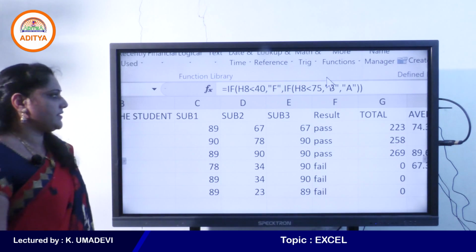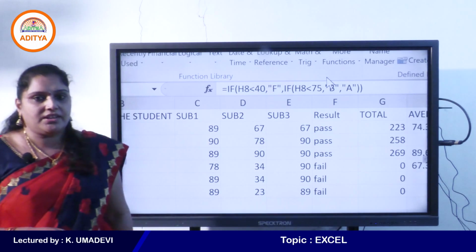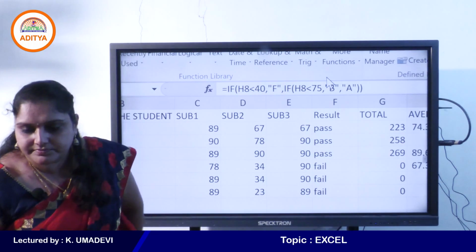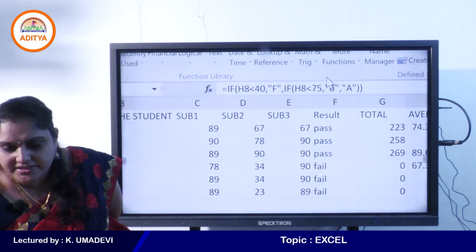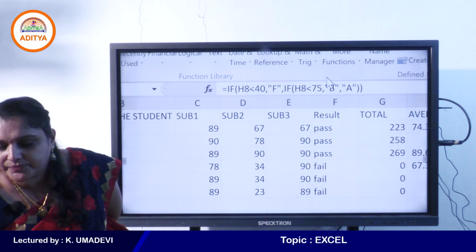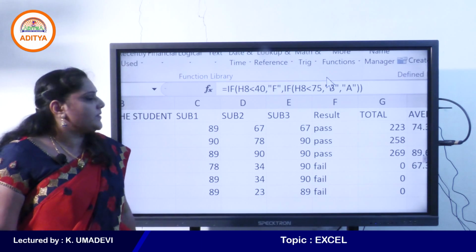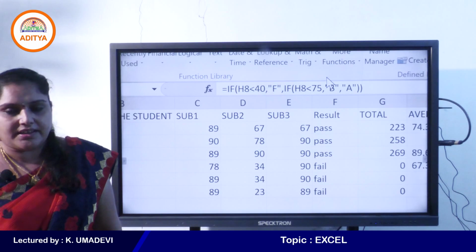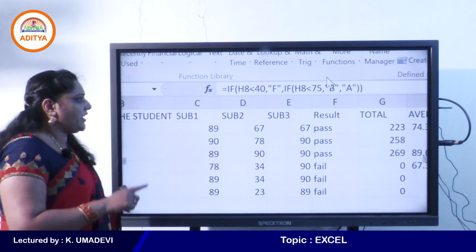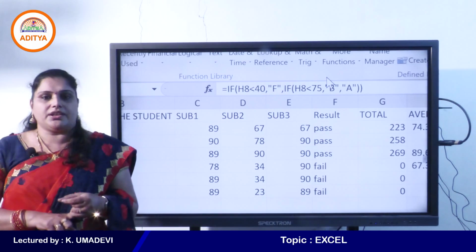Just send the formula in the chat box, using nested if functions. Anyone in the class? Come on, students, please respond. So your assignment is to print A grade, B grade, C grade, D grade and F grade by using nested if functions.